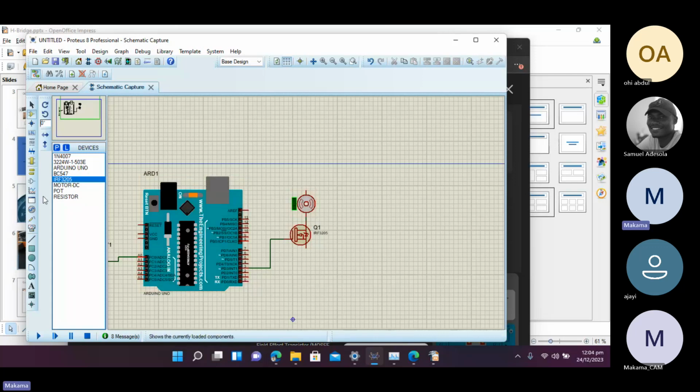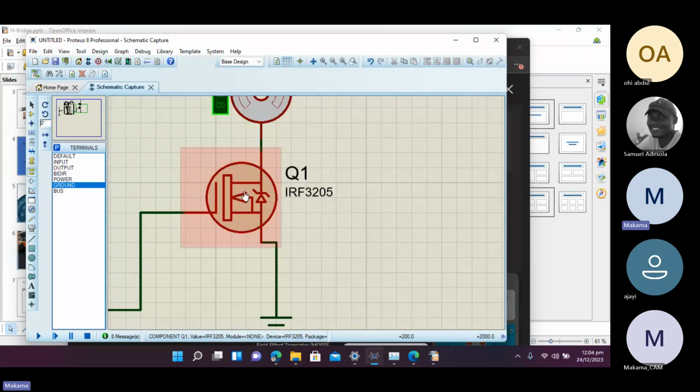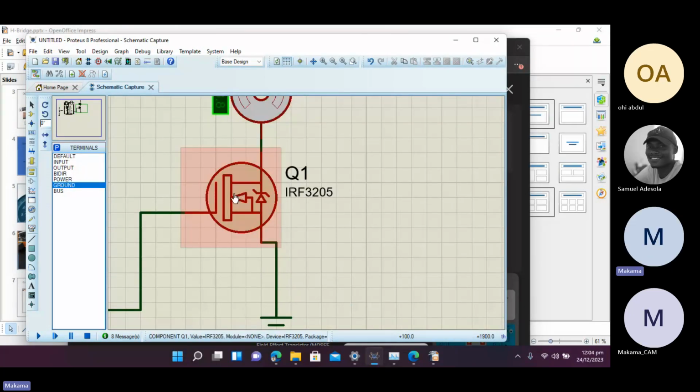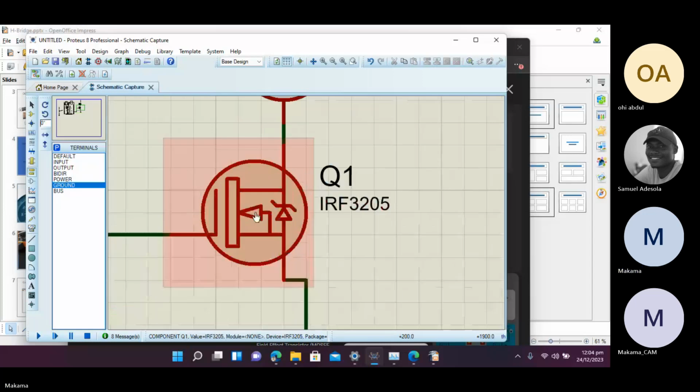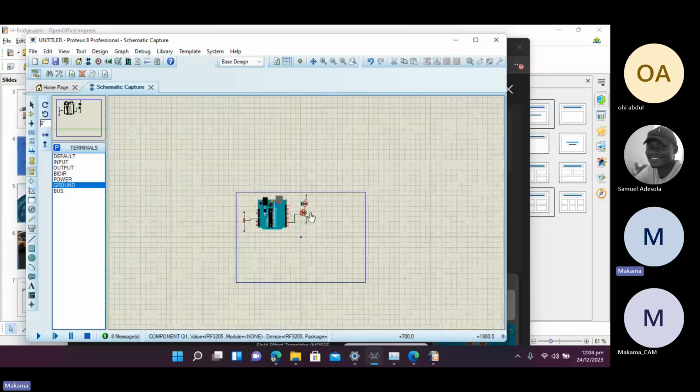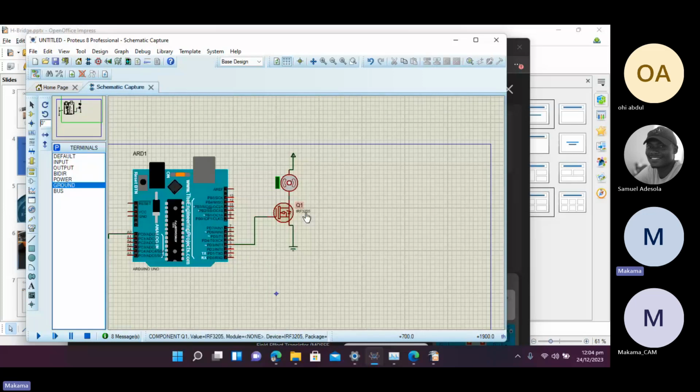So I get my power, put it here. Then put my ground here. I didn't even put that diode that used to protect the, what do you call it? I think it has the diode. I think it can protect itself. I think we don't need to put the diode. Maybe I'm not sure, but maybe